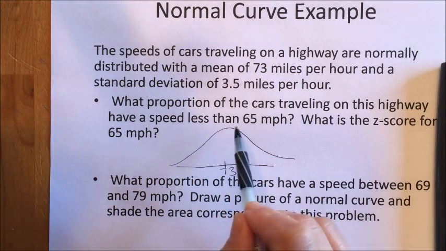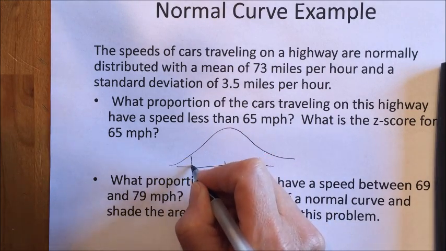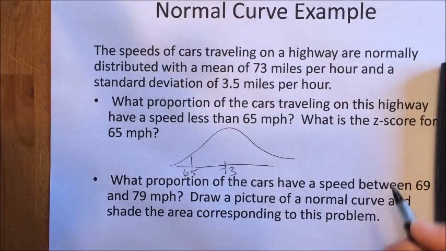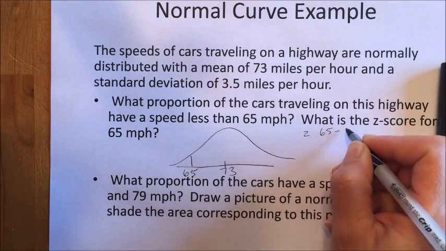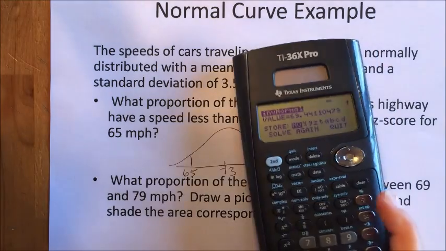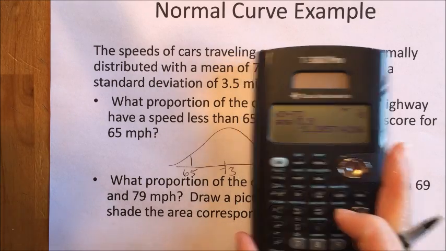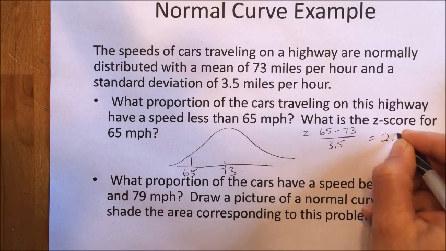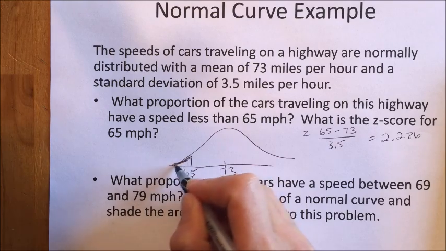The first question asks us what proportion have a speed less than 65 miles an hour, and what is the z-score for 65 miles an hour. So 65 is about 2 standard deviations below. Let's go ahead and calculate the z-score. 65 minus 73 over 3.5 gives us minus 2.286 as our z-score. But what we're really interested in is this left tail area here,